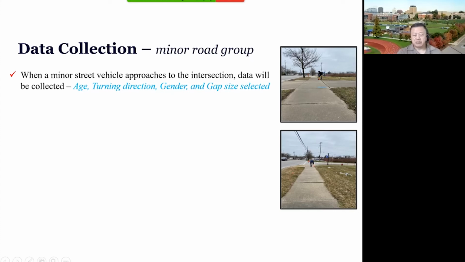Now we do have a situation in the post data processing where we can tell whether the driver is an older driver, because we videotape very closely. But of course, without letting them see, because it's far away, but we use a very good camera to zoom in so that they will not be bothered. And we understand it could be the staff working in the facilities or a nurse or whatever, or even relatives visiting.